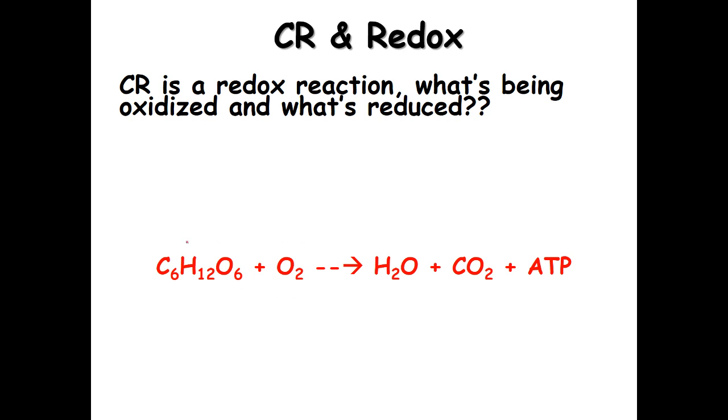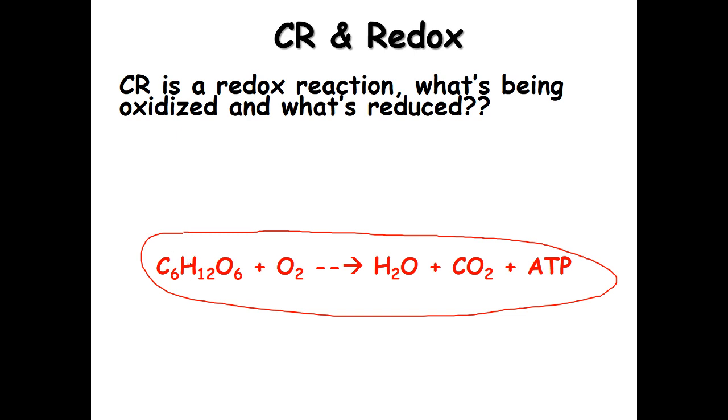Now, this is the equation for cellular respiration, right? You're going to mix some glucose with oxygen, and then you have water, CO2, and of course you have ATP. But one thing I didn't write here is, what am I missing? Heat, right? So we can write heat here also. Now, if you look at this reaction here, it is a redox reaction. Can you tell me what is being reduced and what is being oxidized?